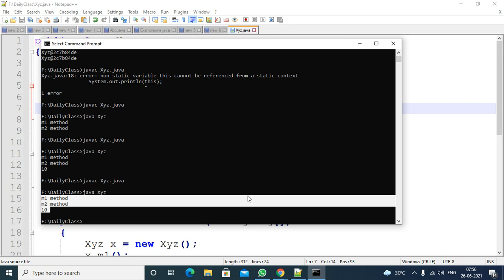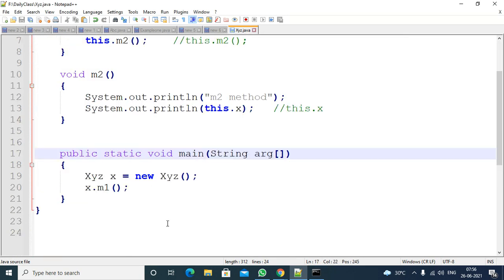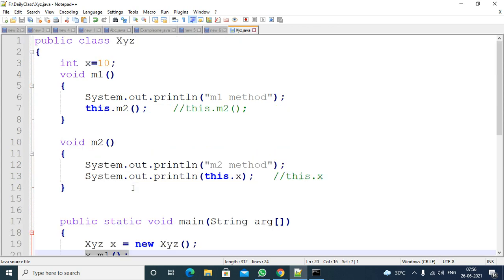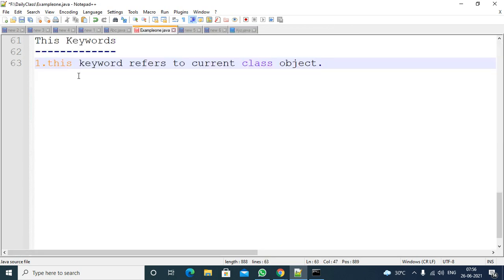Remaining instance members means the first instance member you need to call directly using your own reference. Why? Because this is a static method. So from here, if you want to call any instance members, you no need to use this keyword. Compiler will add it. Suppose if you want to call a constructor, also you can use this keyword. So I hope you got the point.